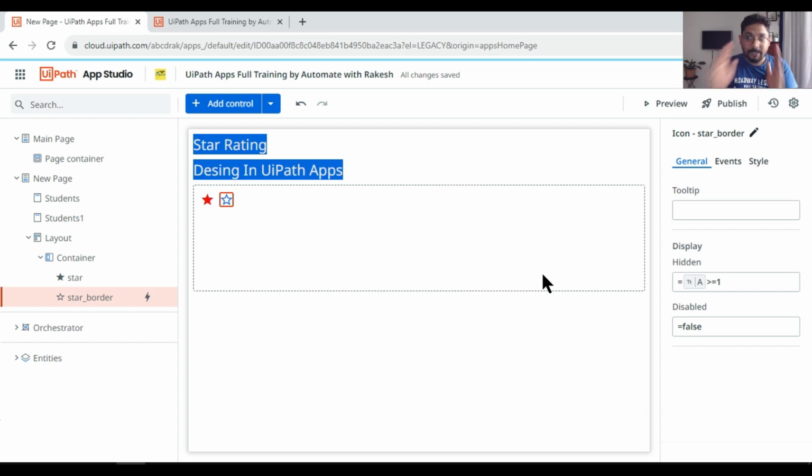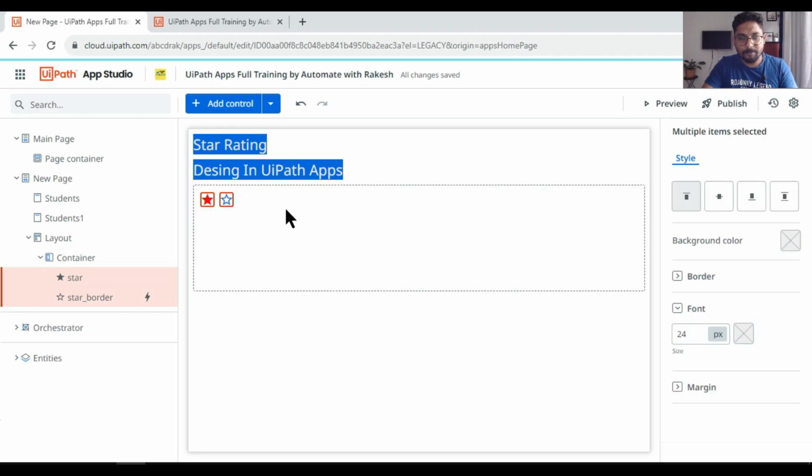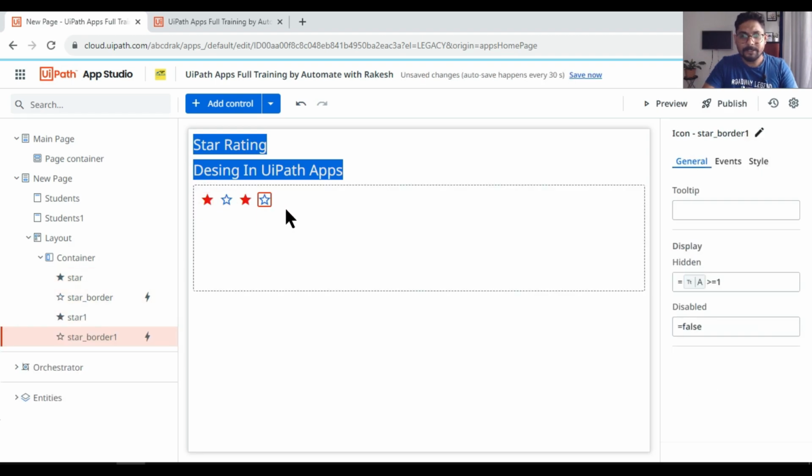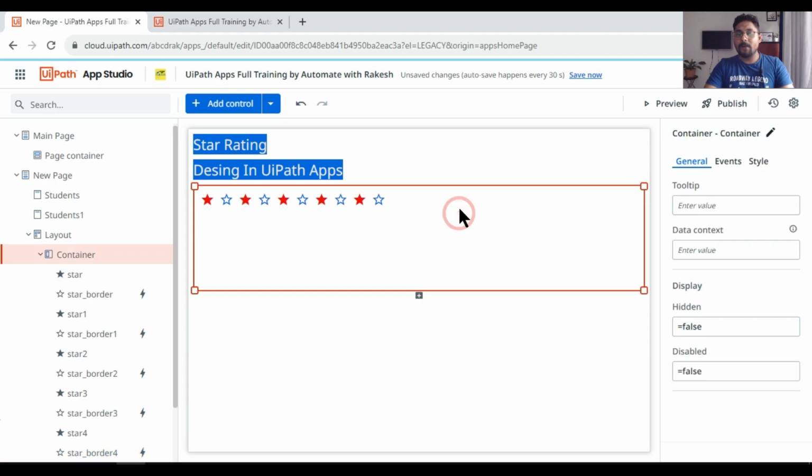Pretty simple. Now, once you have this logic, all I have to do is select these two stars, hit the control key and copy both of them, copy, paste. So how many stars do I need? I need 5 stars, right? So I got one pair of stars here, one pair second, third, fourth, fifth. Got it? Now for these two I have written the condition. For all the red stars, I am going to just change the